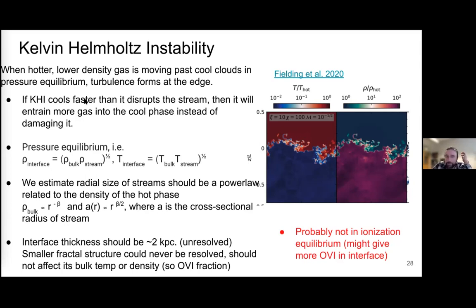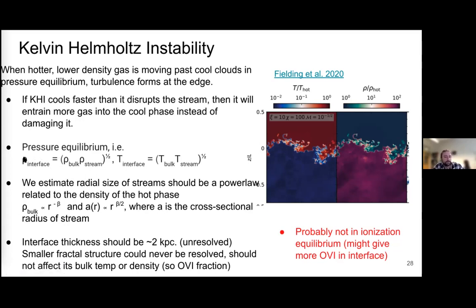And the thing that Nir found was that if Kelvin-Helmholtz instability cools faster than it disrupts the stream, then instead of the hot gas damaging and disrupting these cooled streams, it will entrain more gas into the cool phase, right? As they're cooling faster than they are basically crossing the stream. And so if that happens, you can get a certain amount of mass that is basically conserved or increasing as it goes into the center, rather than dissipating or becoming disrupted. If you're at pressure equilibrium,